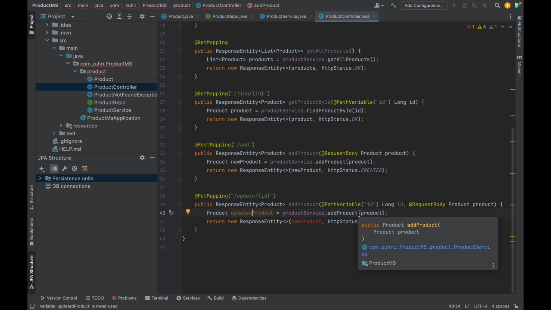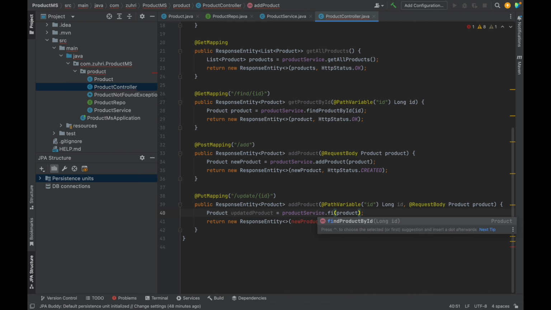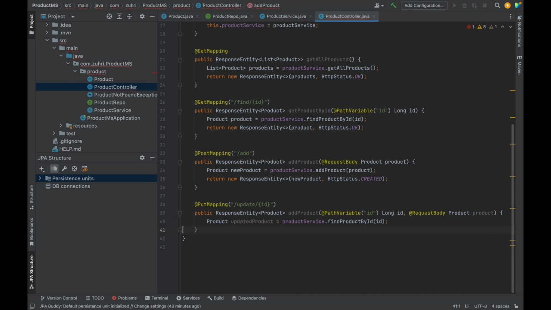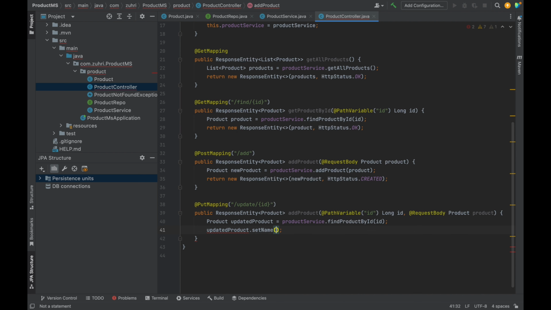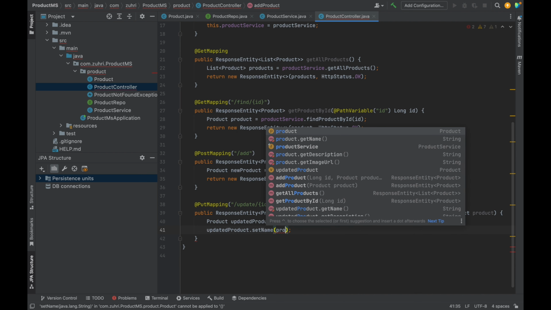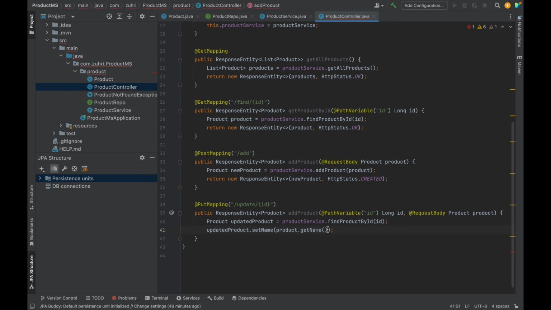And first we're gonna find the product, find product by ID, and we want to pass ID in here, and for now let's call this one updatedProduct. Let's write updatedProduct.set, and first we're going to set a name. In here I'm gonna write product.getName. As you can see here, we are just updating in the updated product our product name with the new variable